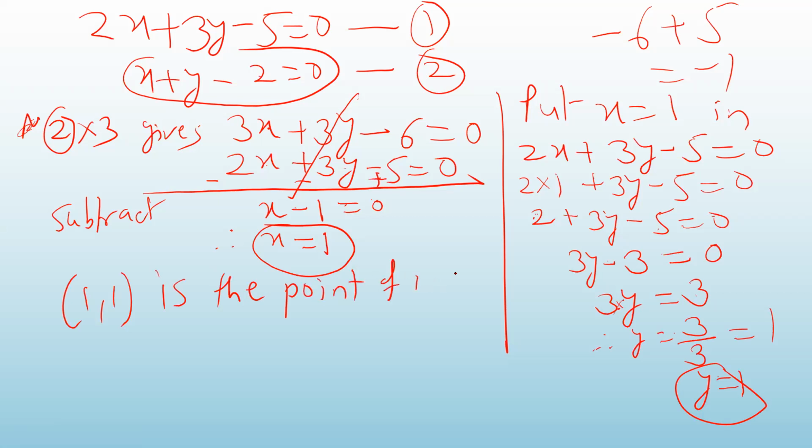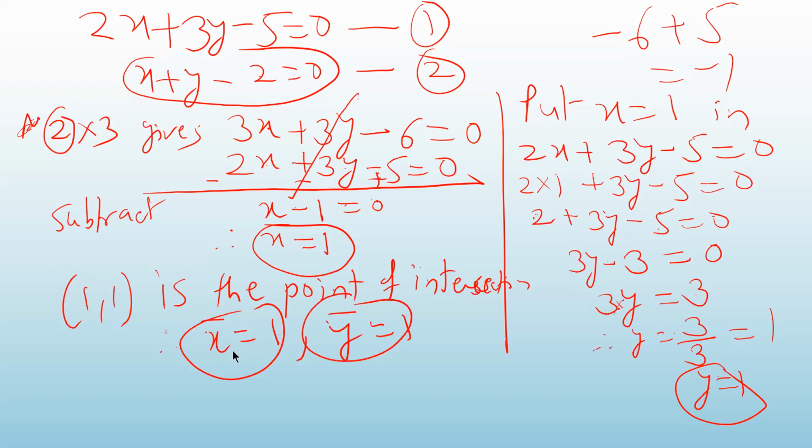When I solve these two equations, intersection of these two lines. So therefore, x bar is equal to 1 and y bar is equal to 1. So I have calculated the mean values of x and y. So in this way, if you are given the equations of two regression lines, then by solving them simultaneously, you can find out the mean values of x and y. Okay. So x bar is 1 and y bar is also 1.